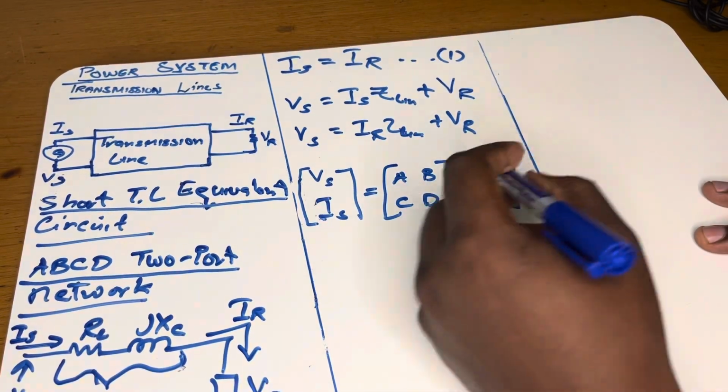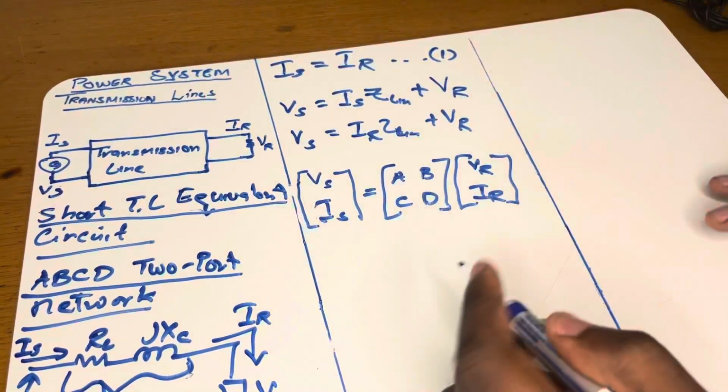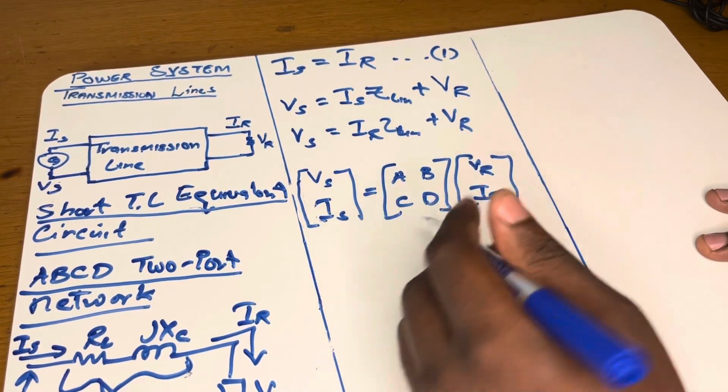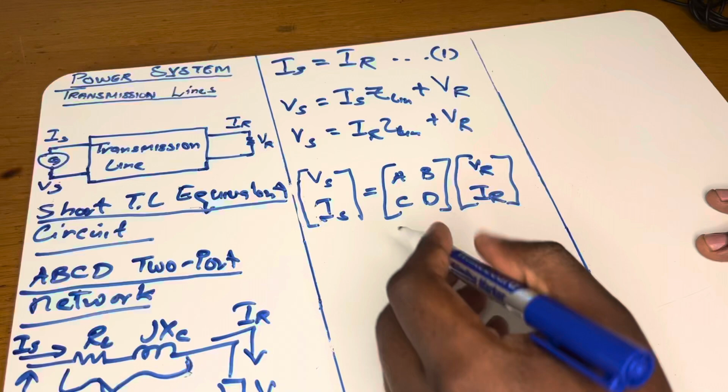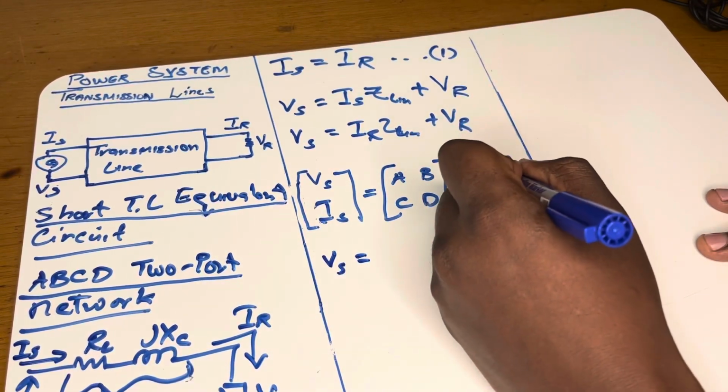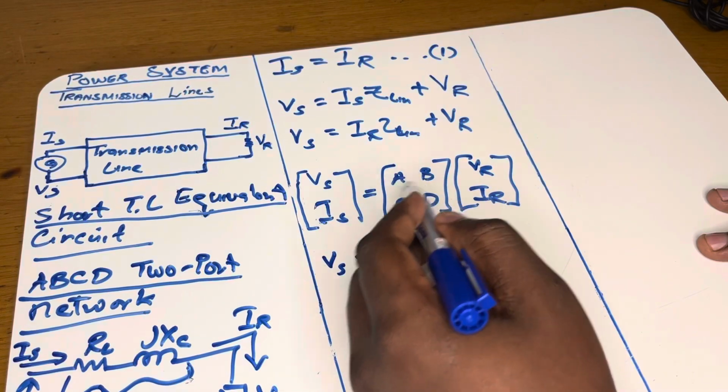If you break this down and multiply out, you want to take it back to the equations, you can say VS equals VR times A